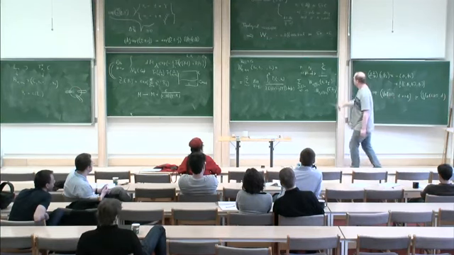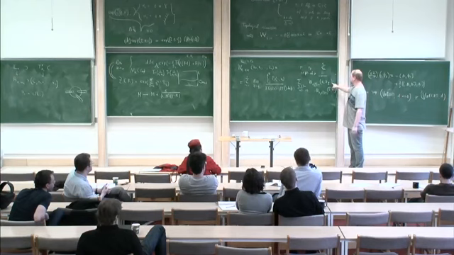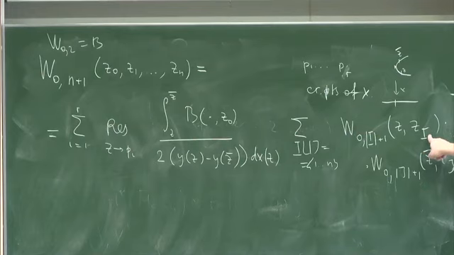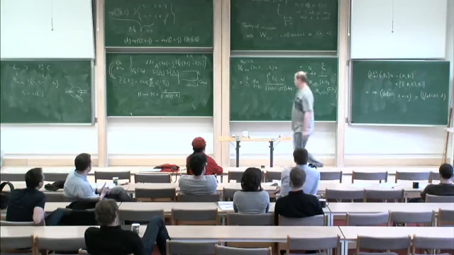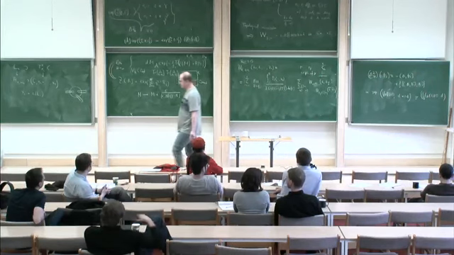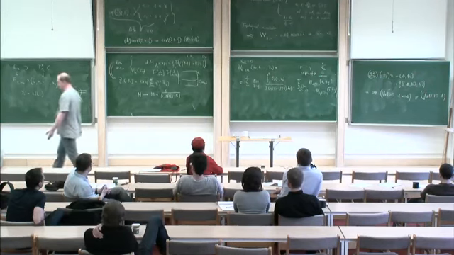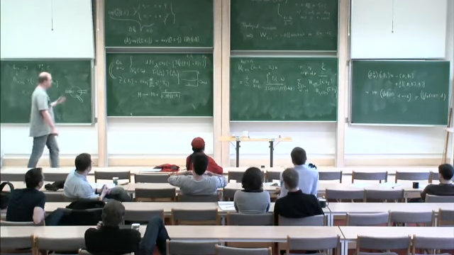It's just that I want the number of elements in I, so it's just all z's with indices in I. Because it has to depend on the cardinality of I plus 1 variables, and these variables are z and all z's with indices in I, and here z bar and all z with indices in J. I have this kind of recursion. So the claim is that this recursion replaces the computations with matrix models.